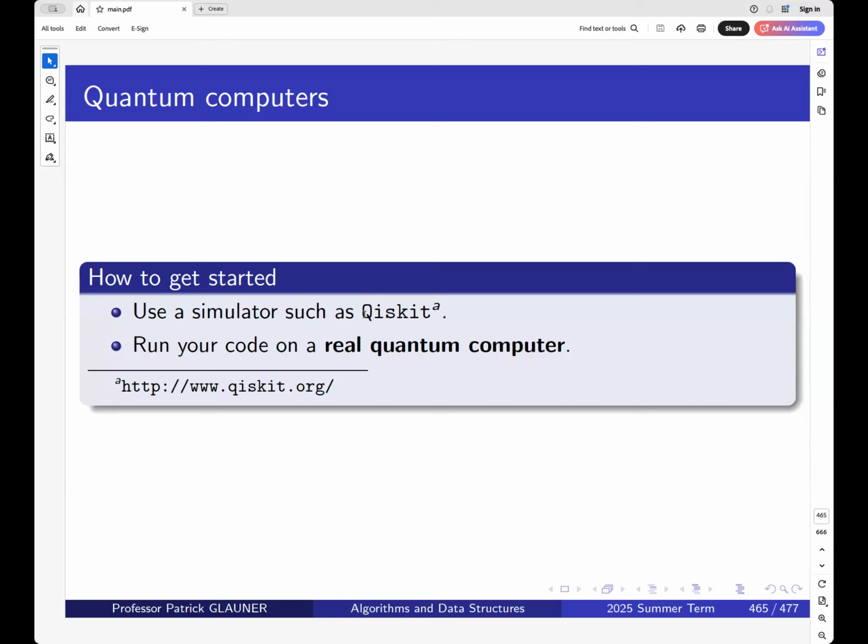And with libraries like Qiskit or libraries from D-Wave, which is the adiabatic quantum computer, you can simulate on your computer, but you can also switch to a real quantum computer so that your code is run on a